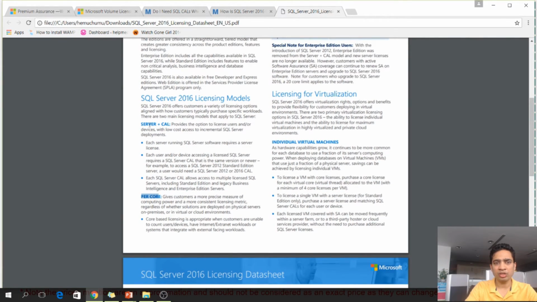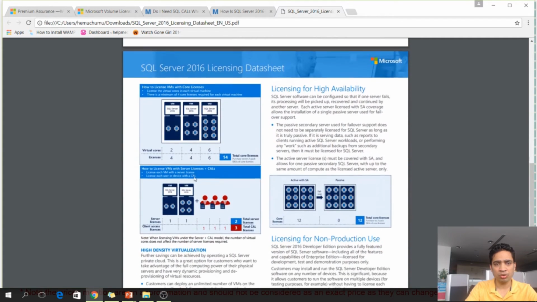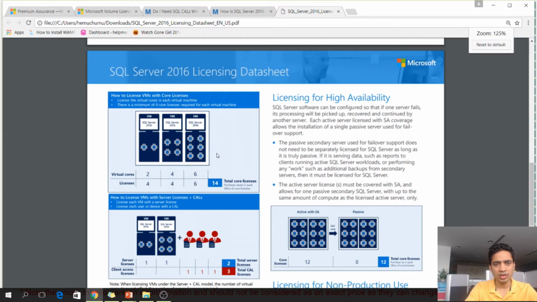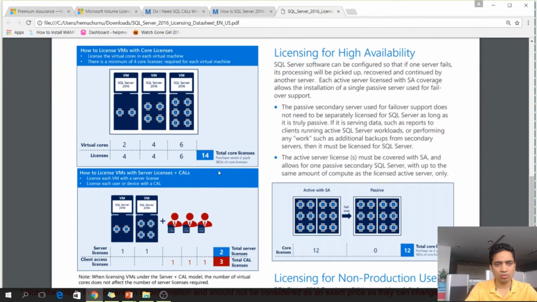Now the difference between server plus CAL and the core base is that in a SharePoint specific environment you don't want to end up purchasing CAL licenses for your SQL Server for each and every employee in your organization, correct? So it's advisable to buy a core based license. Because if you see this diagram over here, so if I can increase it over here, so this one is